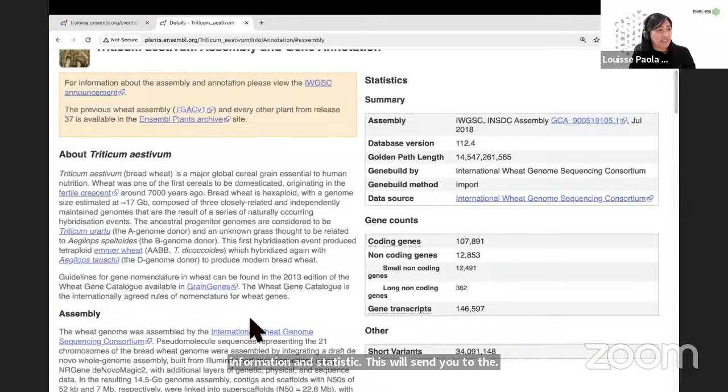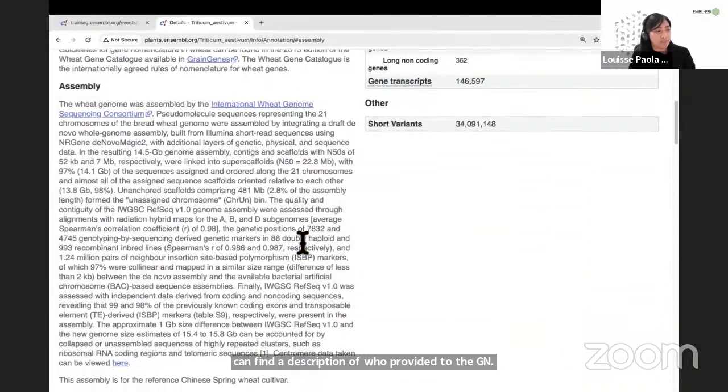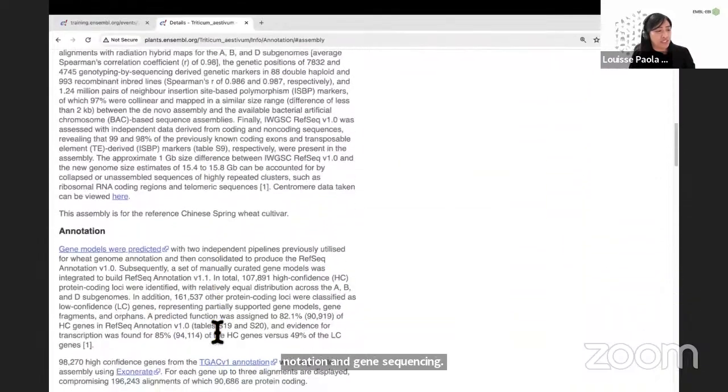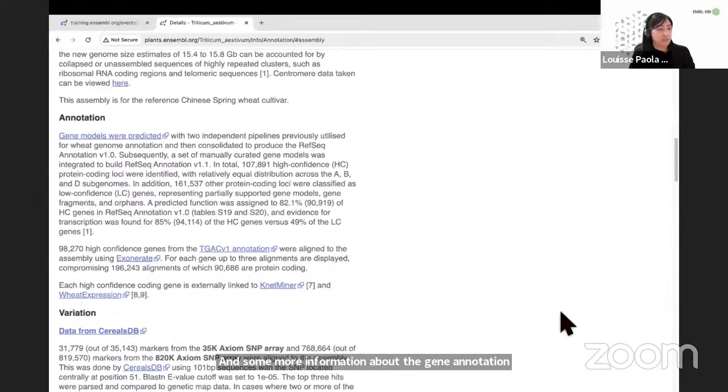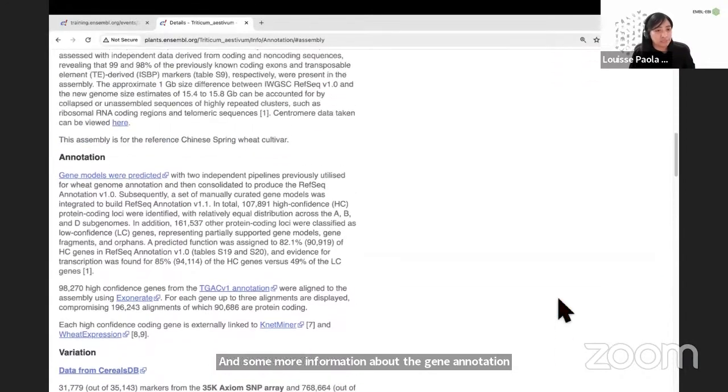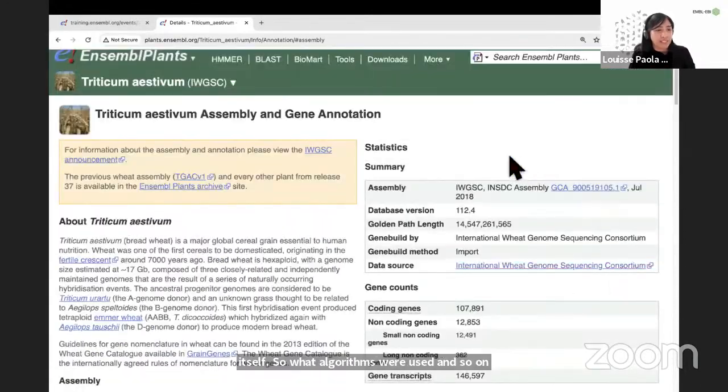So this is where you can find a description of who provided the gene annotation and gene sequencing, and some more information about the gene annotation itself. So what algorithms were used and so on. On the right-hand side, we've got some summary statistics. So this is a bit more detailed information about where the sequence was deposited to, so where it was sent to,